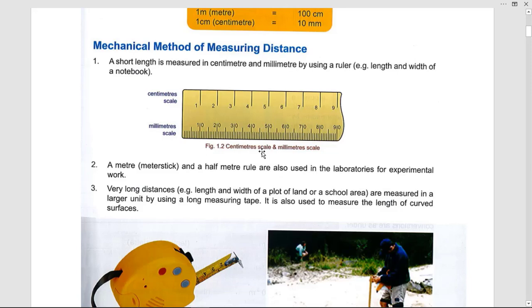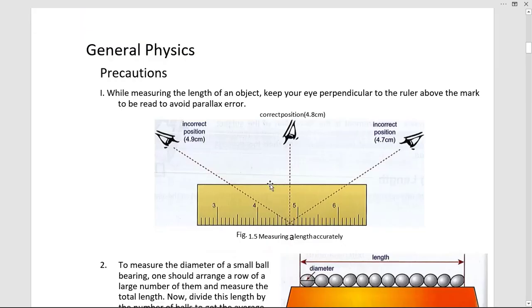Now let's see some precautions which you should take while reading a meter rule or a measuring tape. So let's start. What are those precautions you should keep in your mind? Number one is also known as parallax error. It means that while you are taking the reading, your eye should be at right angle to the point which you want to read. For example, if you are reading from this side or from this side,